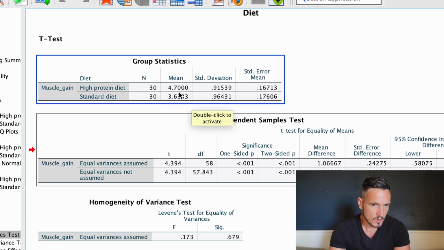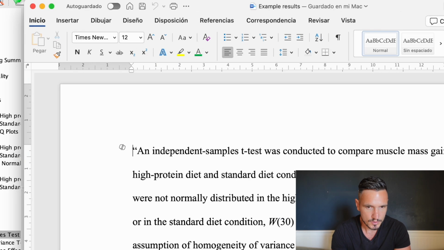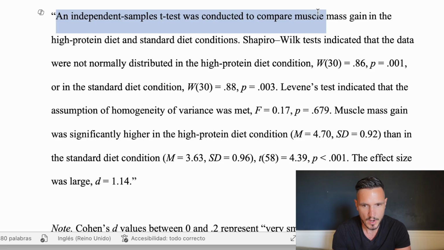So the muscle gain was greater in the high protein diet condition compared to the standard diet condition. So that's essentially how we interpret the results of the test, but let's now take a look at how we can write up those results. So I've started off just by saying why we did the test. So I've said that an independent samples t-test was conducted to compare muscle mass gain in the high protein diet